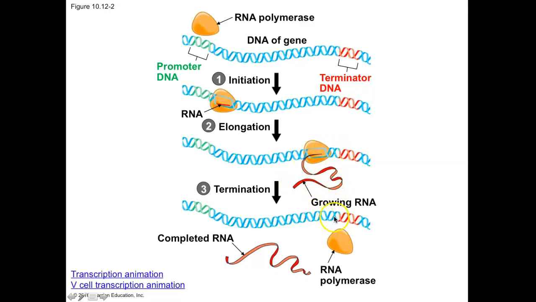And then it stops by hitting this termination sequence, also known as the terminator. So it's the stop. And so this way, this molecule only transcribes the information that makes that myosin protein. It's not going to go before and get useless information before. It's not going to go after and get extra information after. It's just going to do what the DNA tells it to do between the promoter region and the terminator region. Okay? So let's take a look at this animation, see if we can